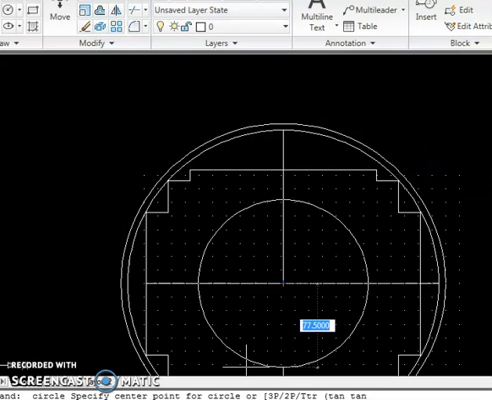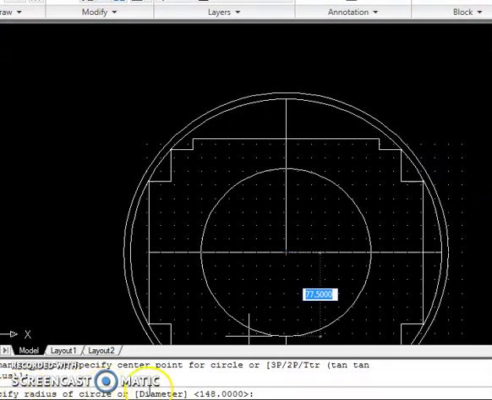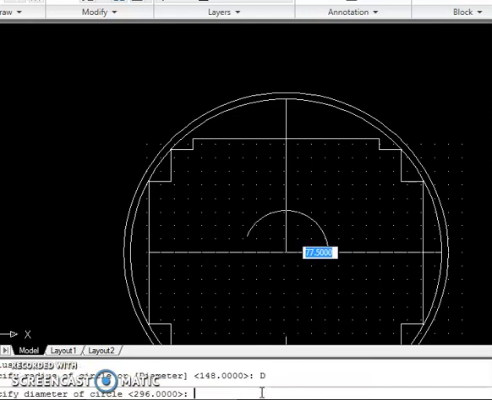Before that, come down here: specify the radius of the circle, or if you are giving diameter you have to press D first, then the diameter, how much, madam? 352.